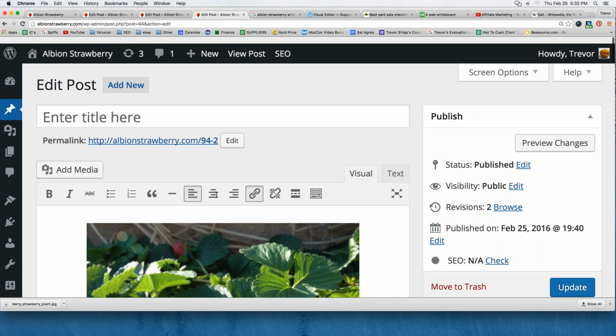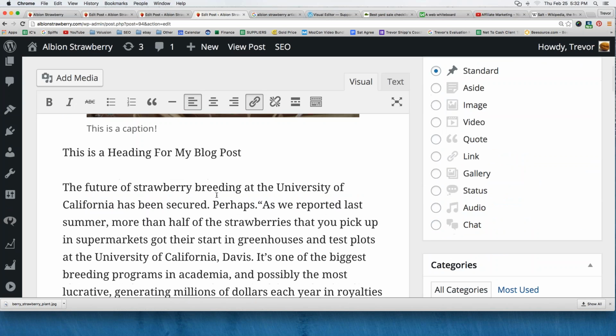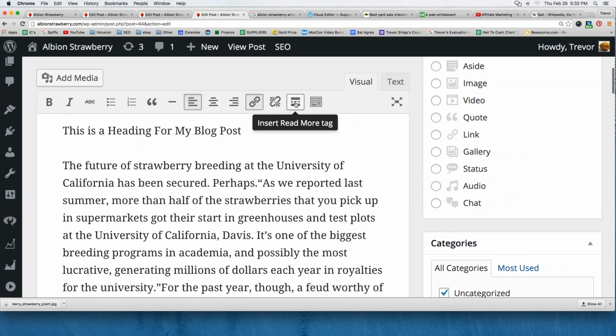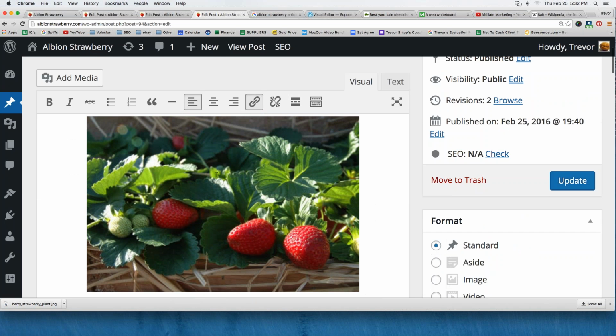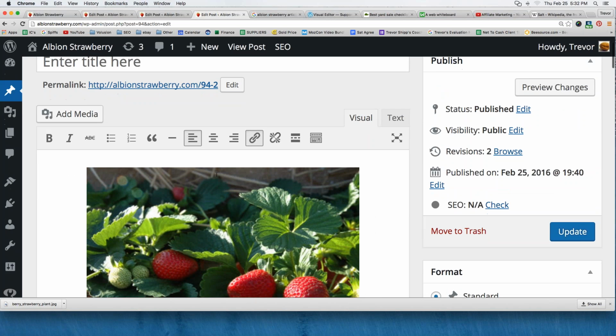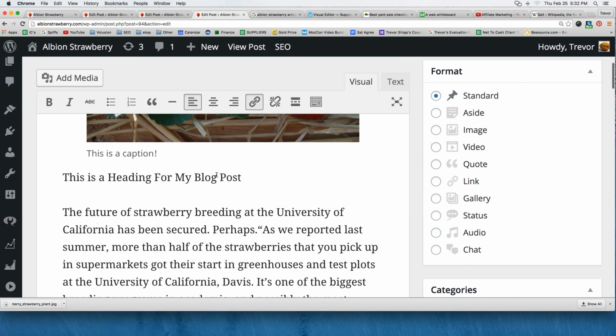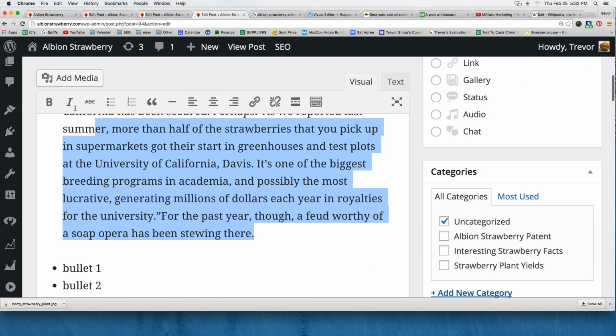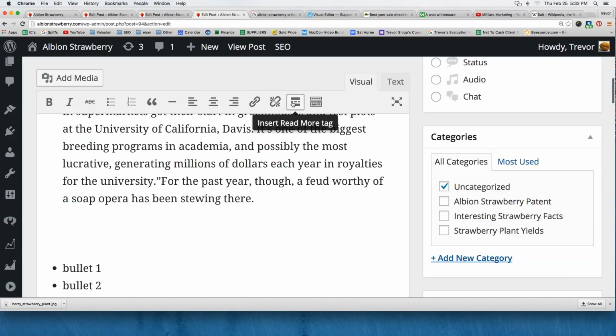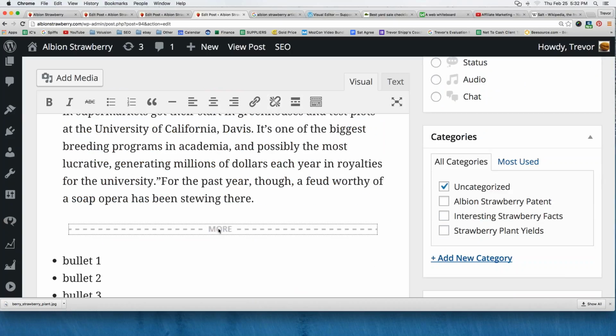This will be interesting to some of you guys. I didn't realize this tool was available, but there's an insert read more tag. So let's say I want to, on my home page, just summarize this. I don't want the whole blog post to display on my home page of my site, in other words. So I only want this first paragraph to display. Right here, I can do insert read more, and it puts in this little function that will cut off my